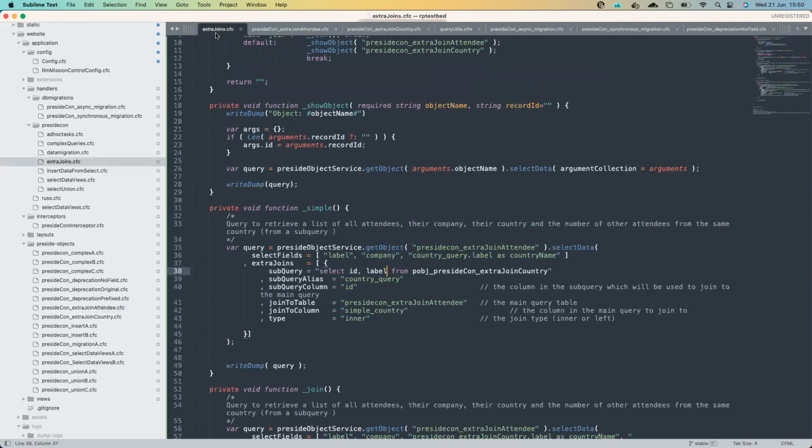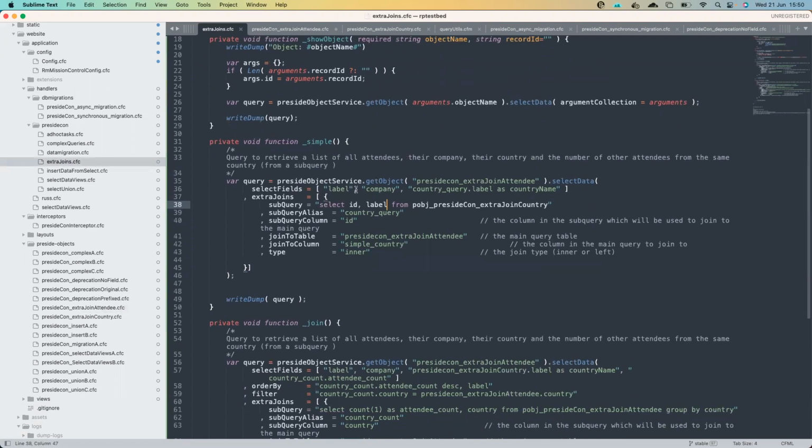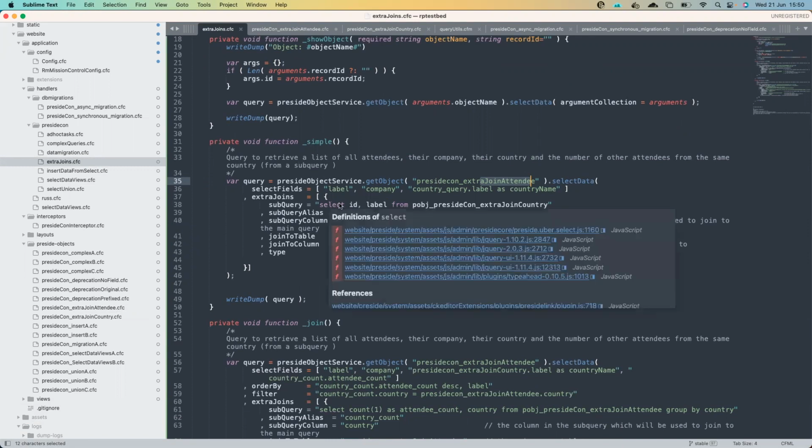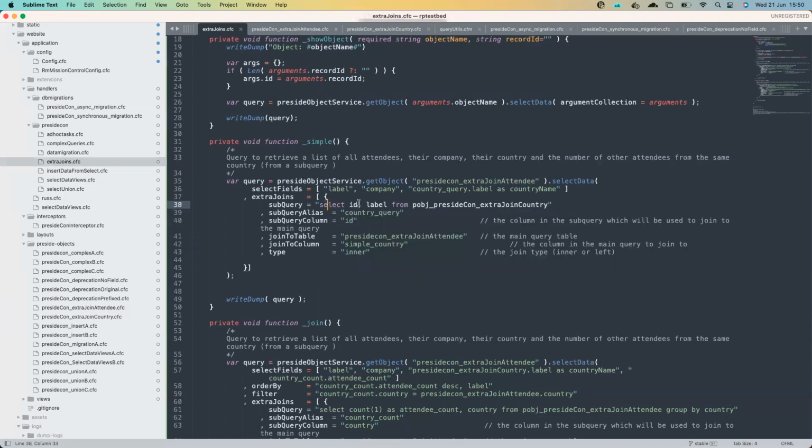So in there, I've got the name of the attendees object and I'm doing a select data. I'm going to do an extra join. So in here, we've got a subquery, quite a simple one. We're going to pull out the ID and the label from the join country, and we'll give that an alias. So in the subquery column,